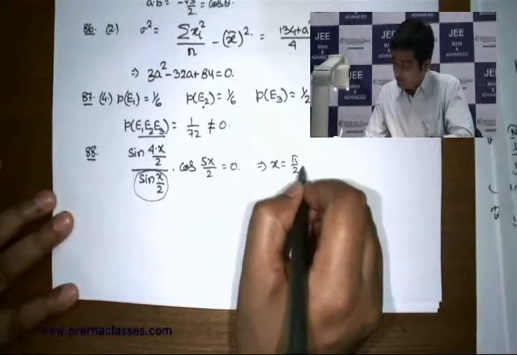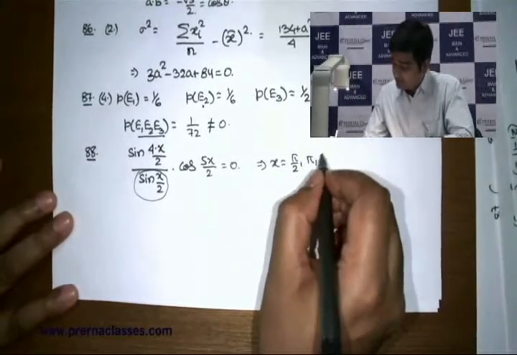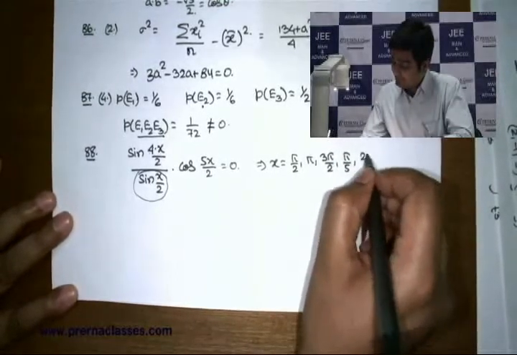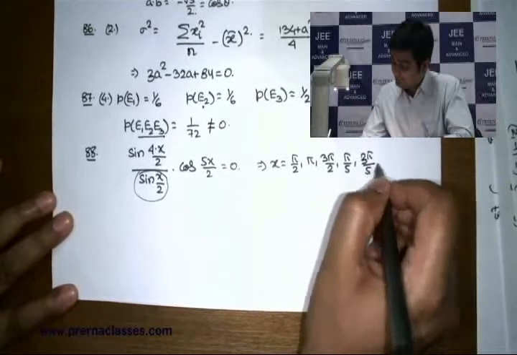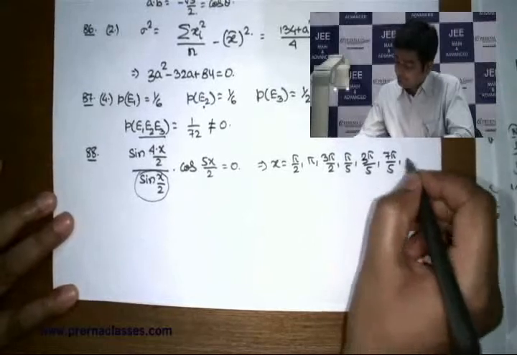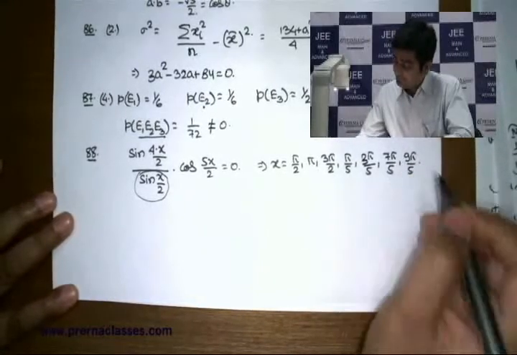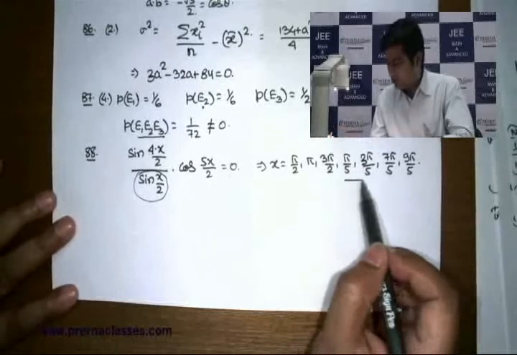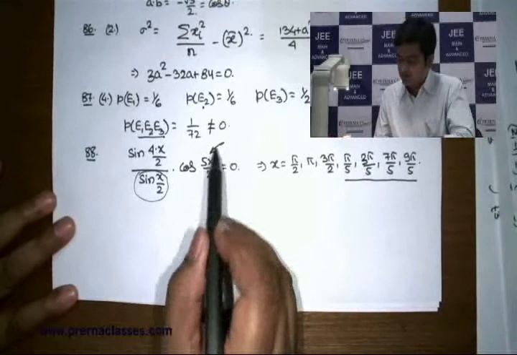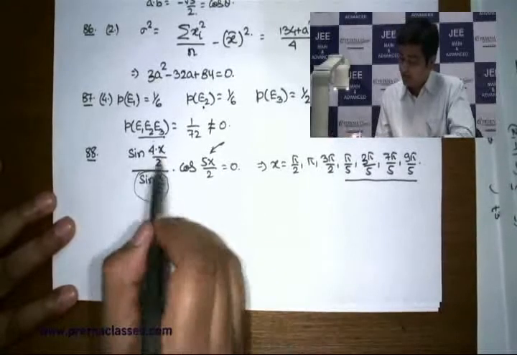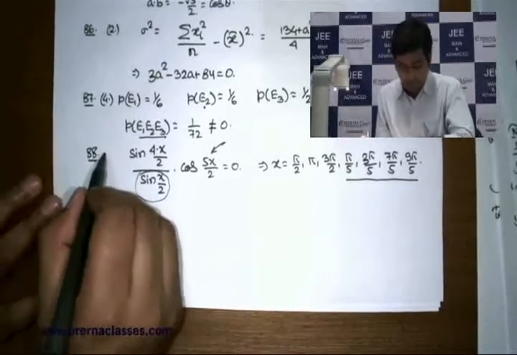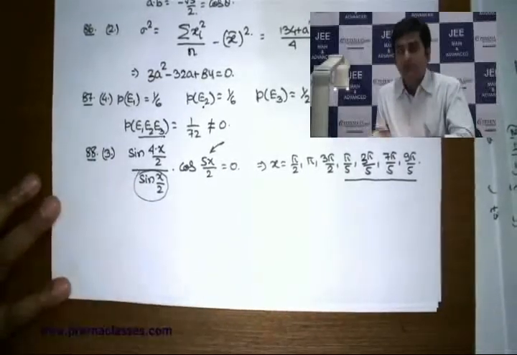If you make sure that this denominator is not 0 while solving these two equal to 0, you will find that there are various solutions like this. These are the solutions you will figure out. As far as the angles related to 36 are concerned, it's corresponding to this, and the other three angles corresponding to this, subject to the limitation that this is not 0. So the total number of solutions is 7, which is option 3 in that problem.